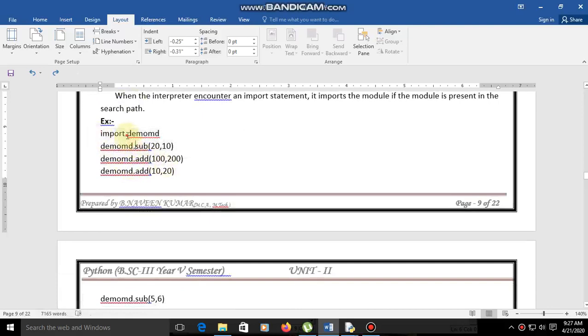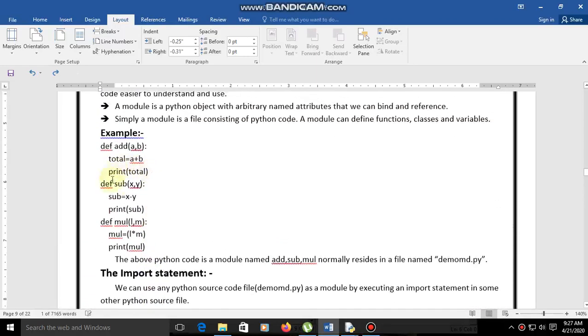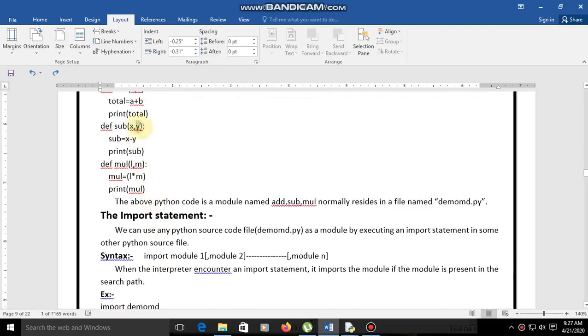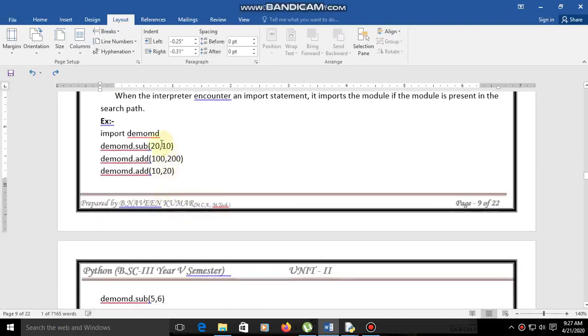Here is one example. Import demo md, and demo md dot subtraction of 20 comma 10. That means, in the sub function I mentioned, the arguments are x comma y. The x value will take 20 and the y value will take 10.